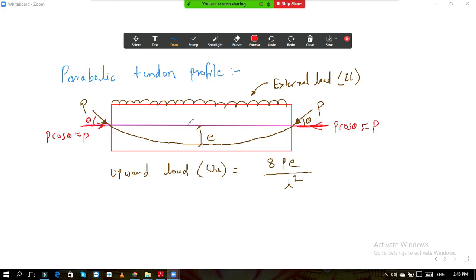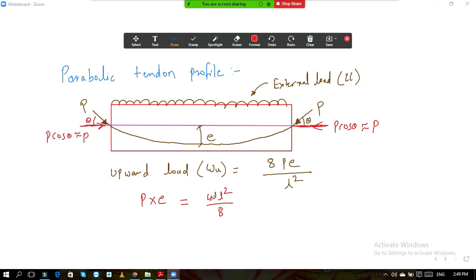Then what is happening? See, this P into E is the moment due to eccentricity on this parabolic tendon. And what is the bending moment? This UDL is there, a simply supported beam is there. Due to the downward load, the bending moment is WL square by 8. Now if we equate these two values,